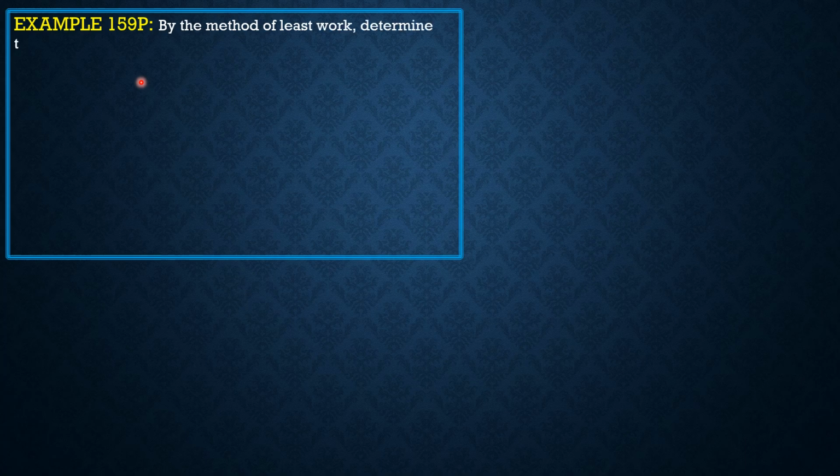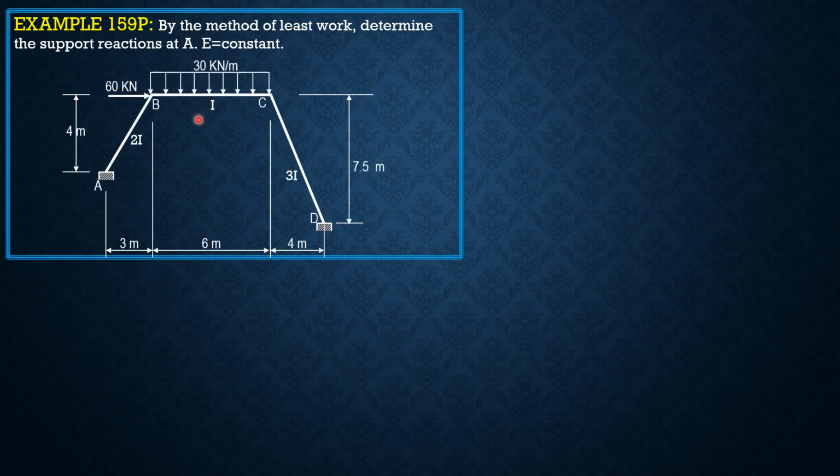By the method of least work, determine the support reactions at A, where EI is constant. So this problem shall be solved also by slope deflection equations later, as well as by moment distribution method. So let's select the redundant forces at A as our redundant forces. This is indeterminate to the third degree,